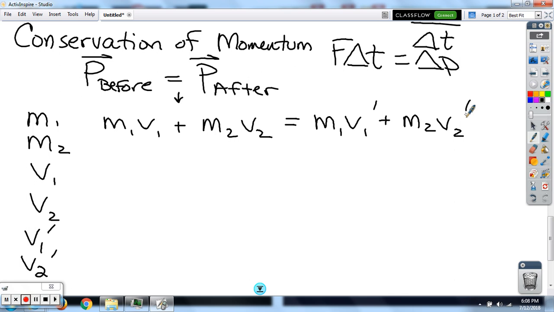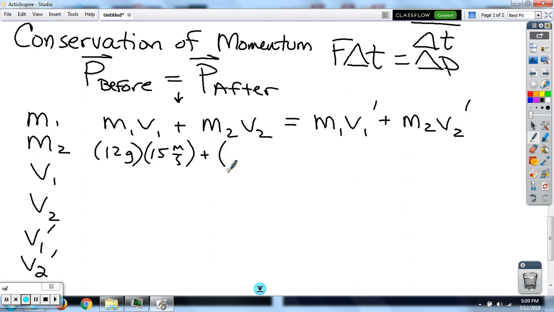If after the collision v1 prime, for instance, is exactly the same, then v2 prime has to be exactly the same. But if v1 is different after the collision, then v2 is going to be different after the collision. So we're told that, and you could convert the grams into kilograms or leave them in grams as long as it's consistent. I'm just going to leave them in grams for right now. So 12 grams, and it's moving at 15 meters per second,